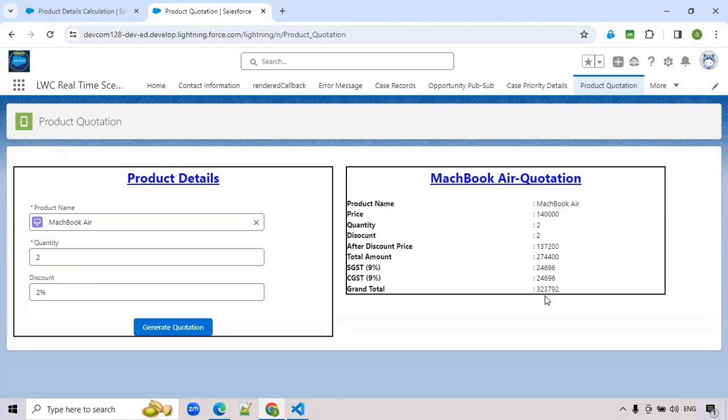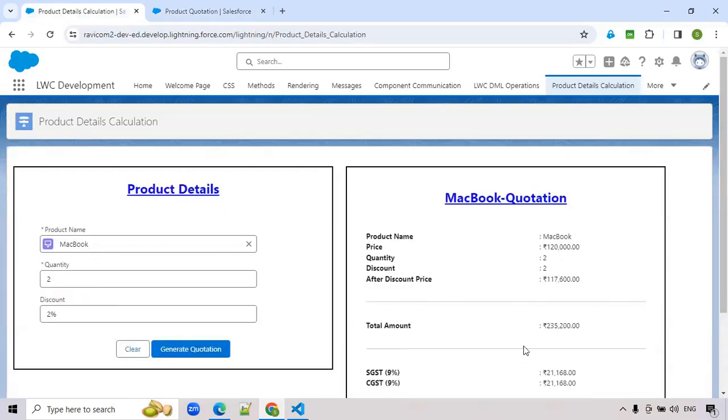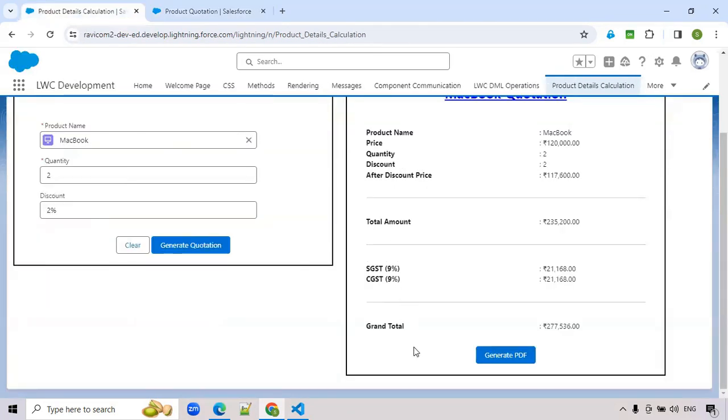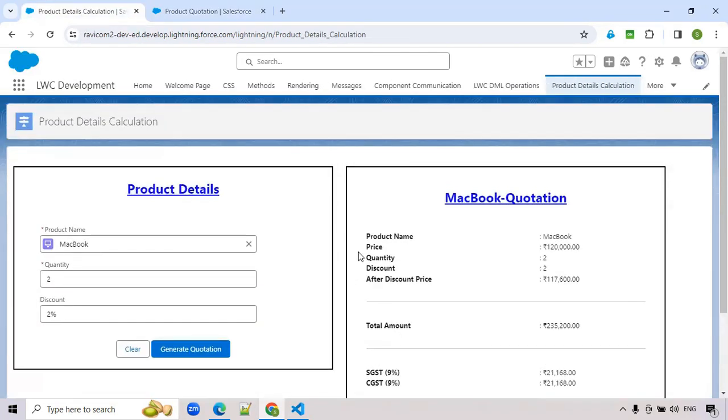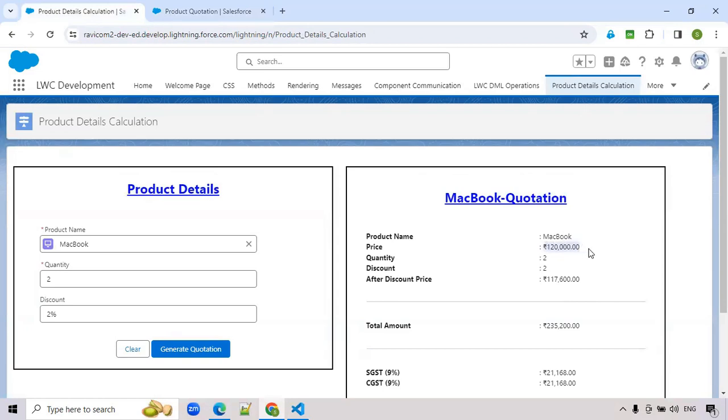And coming to the next video, we are going to discuss how we are going to display the horizontal lines like this, separate sections. Right? These will all come one by one. But we have to display section-wise like this, and we have to display in currency format also. Price after discount, total amount, state and central GST amounts, and grand total will also appear like this. So we have to display with the currency. Here the Indian currency is rupees, right? We have to apply rupees. So how we are going to implement that,